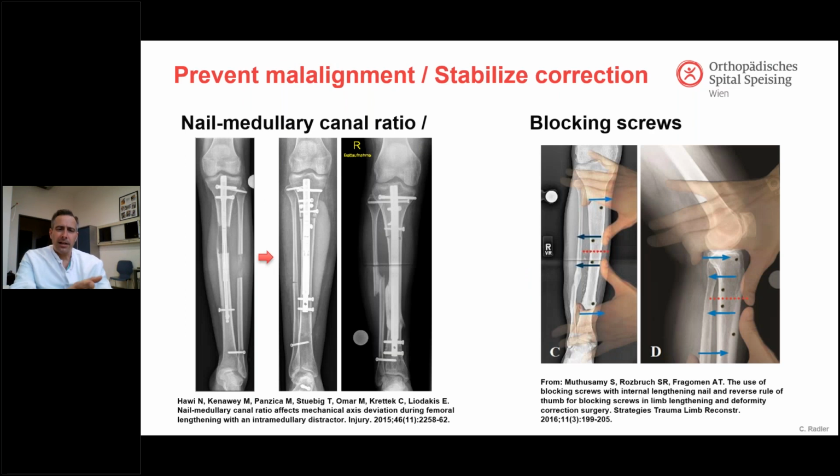You can see on the very left picture, this is a very slim nail, and with a lot of room within the intramedullary canal to still move, and this is why we did get some valgus in this case. Now we try to use bigger nails, and of course we try to use a lot of blocking screws to prevent this. There is a very nice paper from the Rozbruch group from HSS, how to place and where to place these